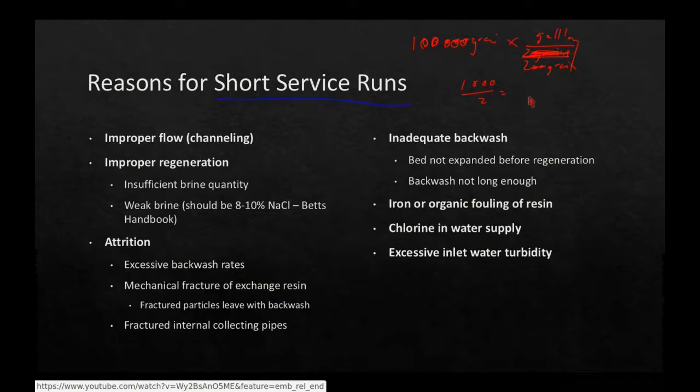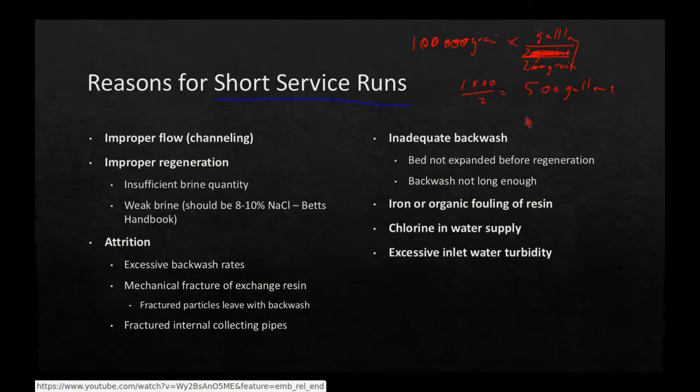I should be able to treat 500 gallons of water. But with a short service run, maybe I can only get 300 gallons of water, and then